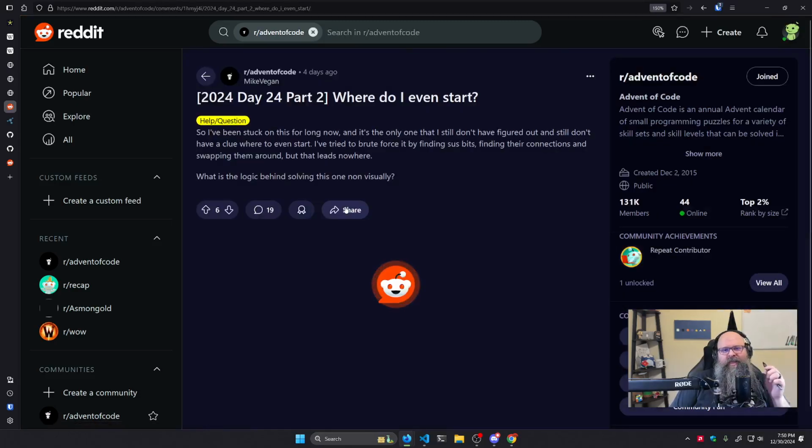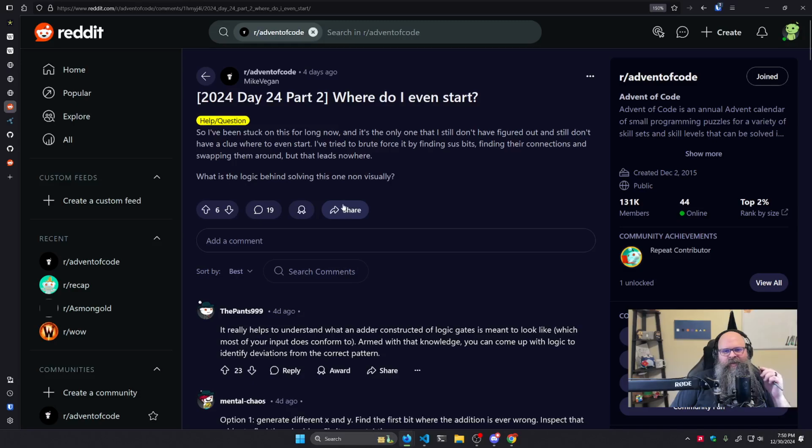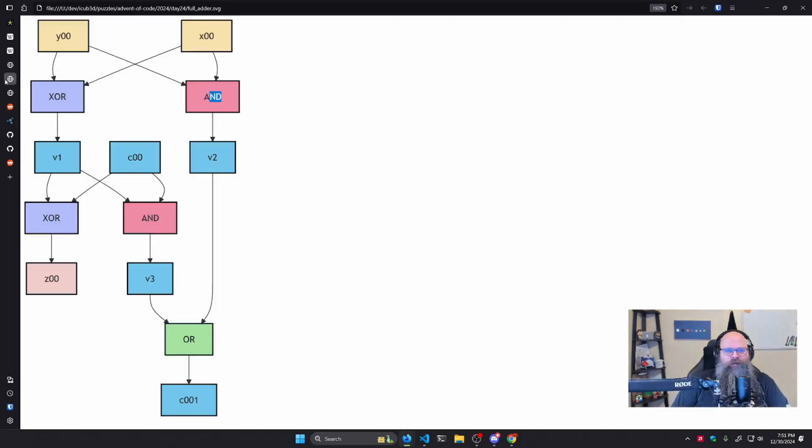Yeah, if you're not familiar with these gates, the question is, how do you even start with this? Behind solving it non-visually, I mean, you may just want to try and solve it visually first, and that will kind of give you an idea of what's going on. That's what led me down the adder and half adder stuff, is kind of mermaiding it out and saying, oh, I'm doing addition. Admittedly, we got lucky because it was just ORs, XORs, and ANDs, and so it quickly brought me to